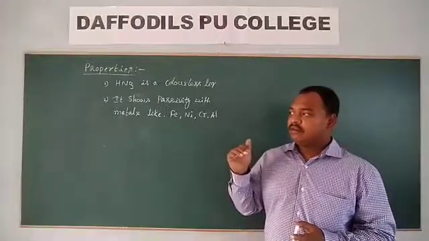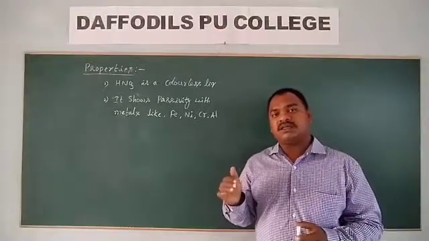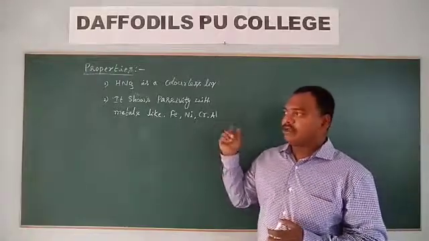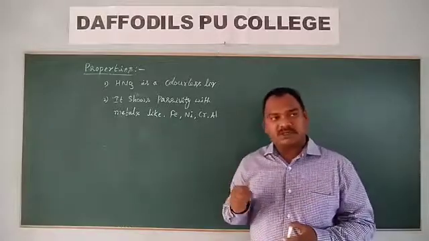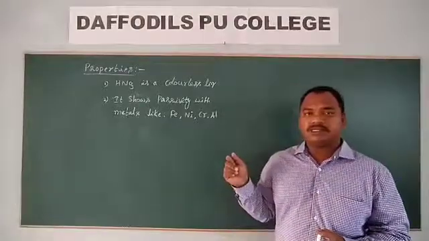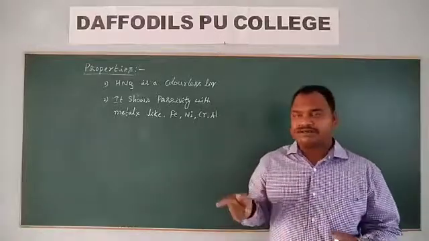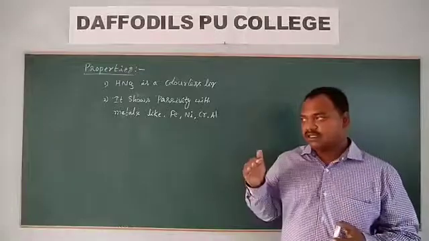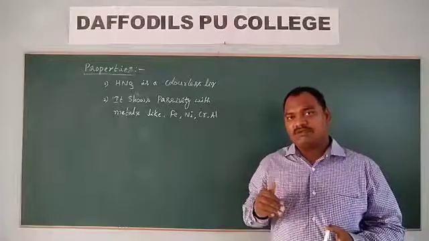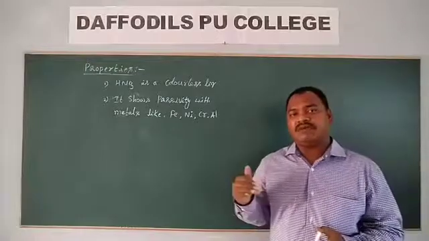Means the inner part of this aluminum shows the luster. The outer part, on reaction with oxygen and carbon dioxide present in air, forms an oxide layer on the surface of the aluminum vessel, on the surface of the metal, so that this oxide layer protects the inner layers of aluminum from undergoing the reaction. It prevents the inner layers of aluminum from undergoing the reaction.